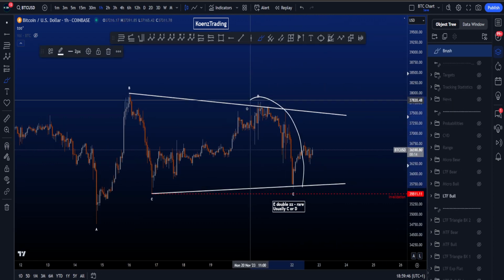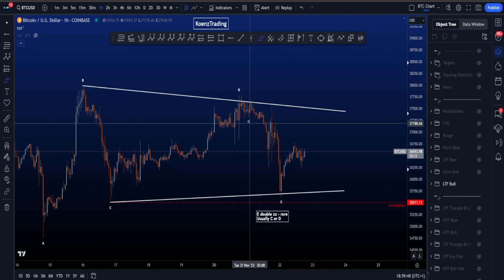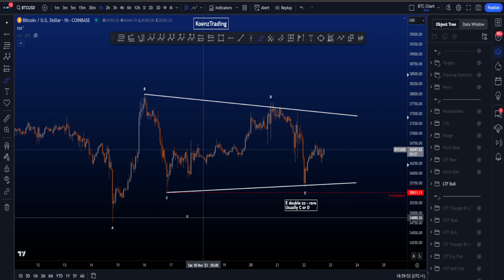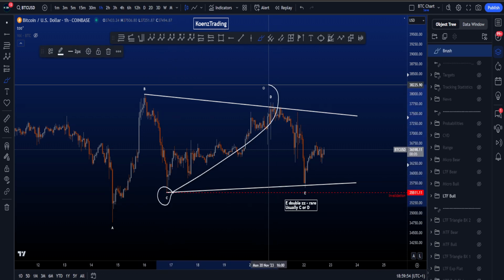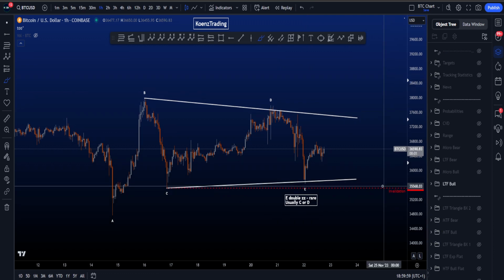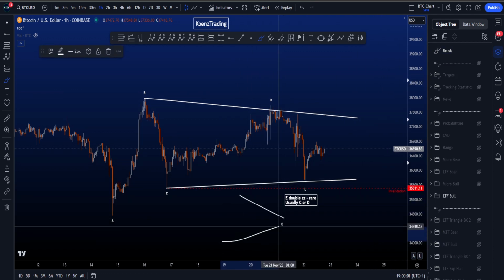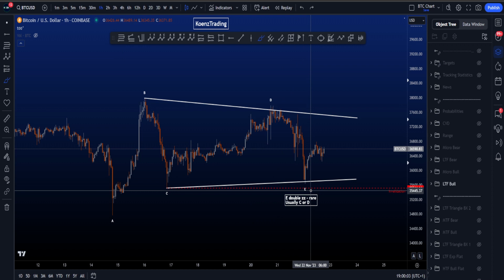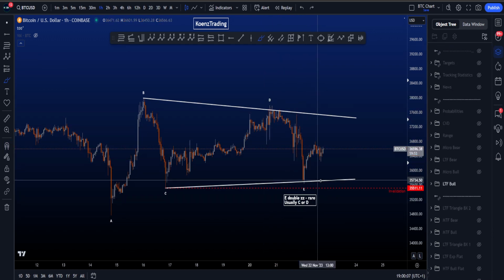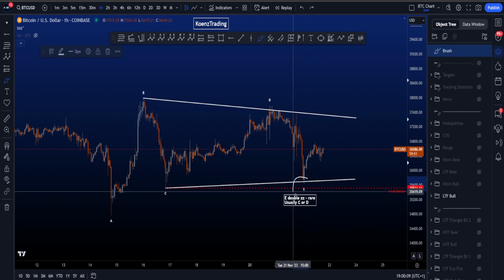In this scenario, wave E is a double zigzag structure in a WXY, which is rare for a wave E, because most commonly a double zigzag would appear in a wave C and a wave D. If wave E in a triangle is any sort of a complex structure, then most commonly it becomes a triangle itself and not a double zigzag. So the fact we have a double zigzag in here does lower the probabilities of this scenario,